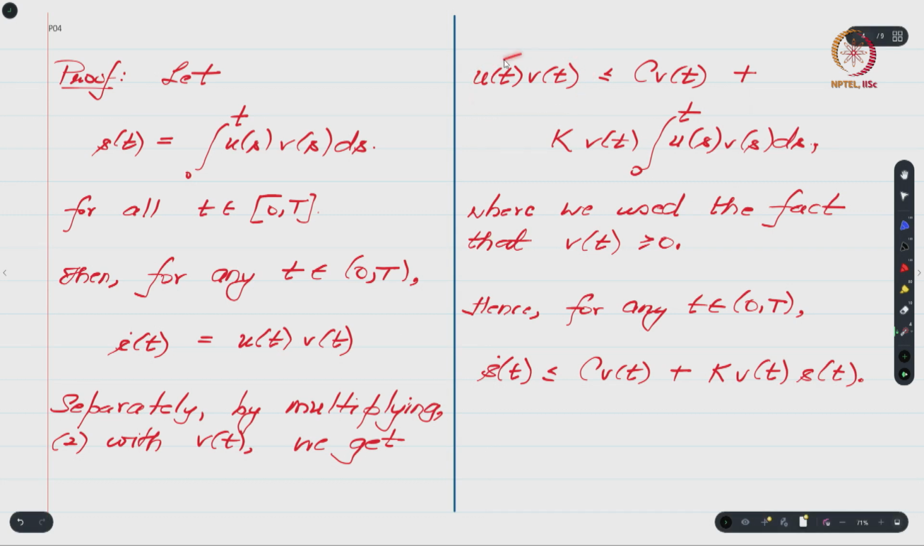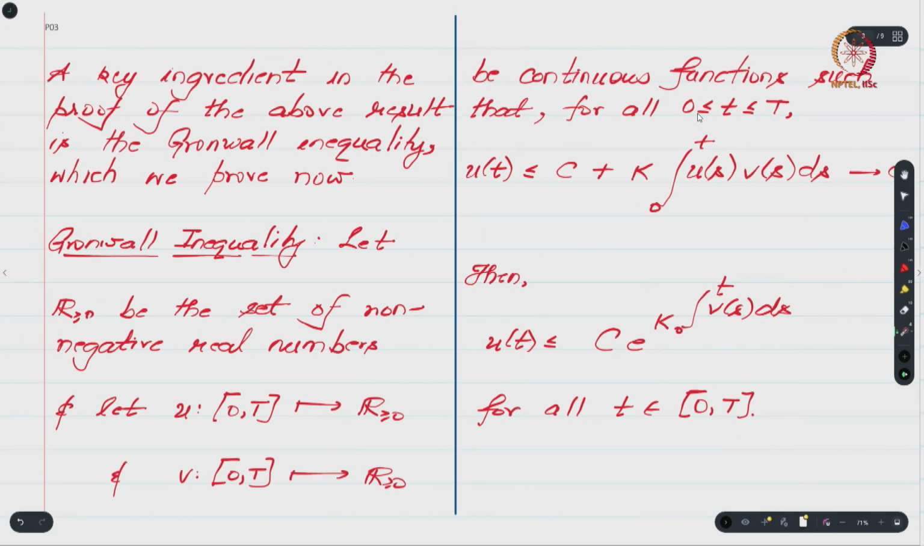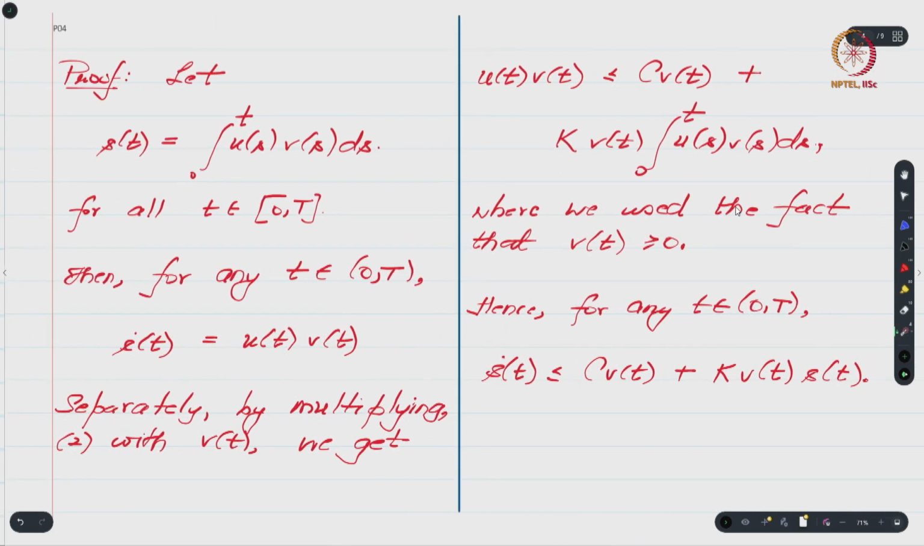So, this left hand side is u'(t)v(t), which is actually S dot of t. So, I have replaced this expression over here with S dot of t, you have c v(t), I have kept it as it is, you have k v(t), I have kept it as it is, and this integral is S of t, and hence I have replaced that integral with S of t. So the integral inequality that we were given before,